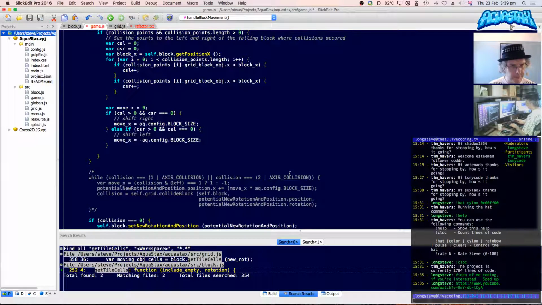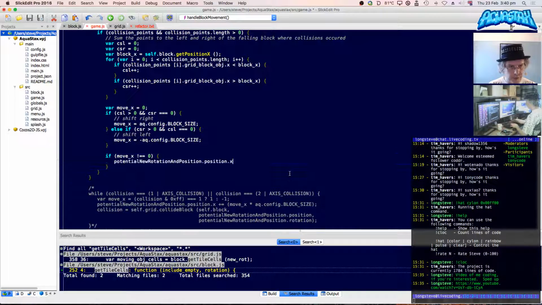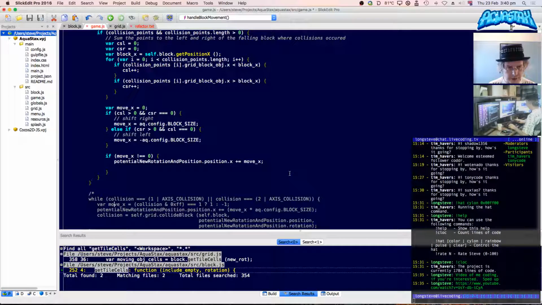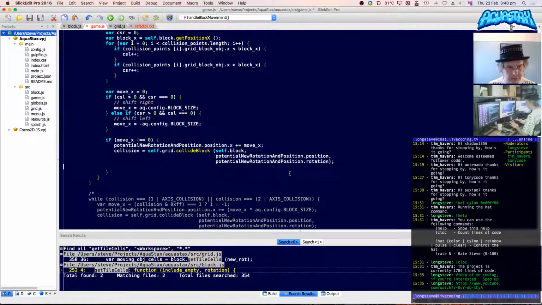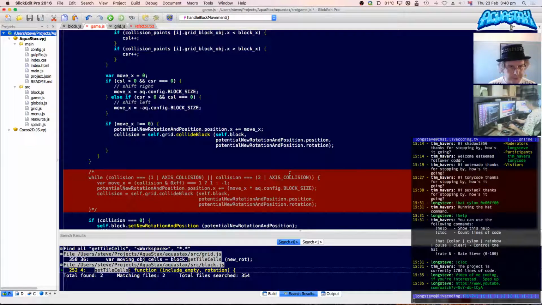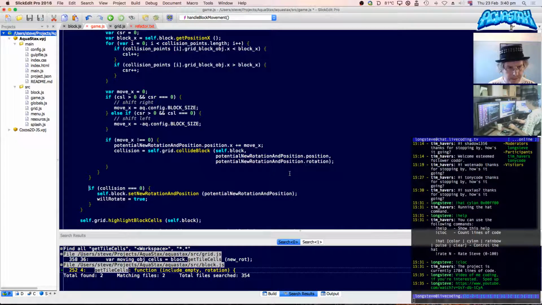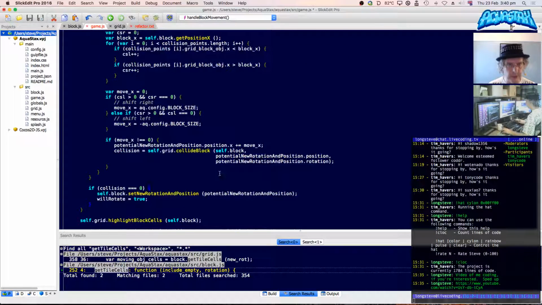So if move x is not equal to 0, we can update the potential position and then try the collision test again. And at that point we can just bail out, because if it works, collision is equal to 0 at this point, then it'll do it.